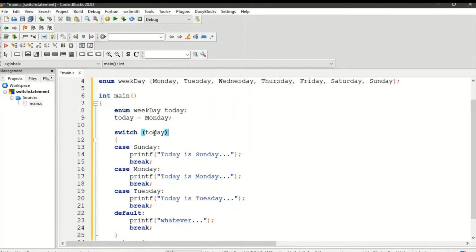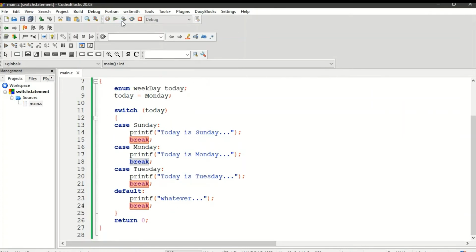So we have a switch statement today. Then we have case 1 says Sunday. So Monday is having 0, Sunday is having 6, with 0, 1, 2, 3, 4, 5, 6 as the values. So it will check whether today, that is 0, equals 6. No, this block will not be executed. Then it will move towards the second case. It will say yes, 0 equals 0, then today is Monday will be printed. Then it will not move on, because here there is a break statement, it will move out of the block, and then we have ended our program, and the return statement. Let's build and run.